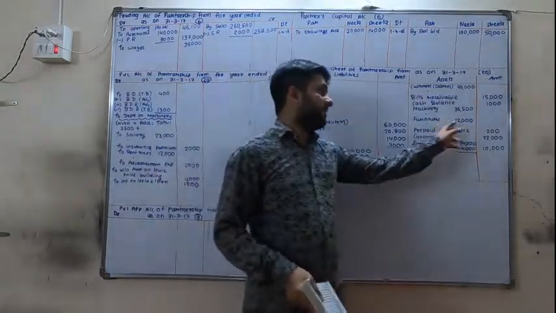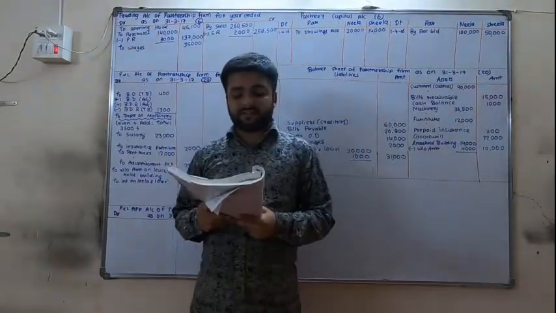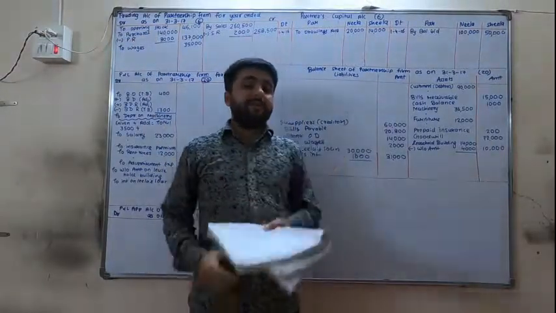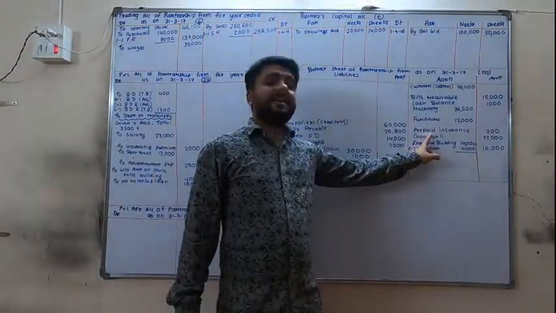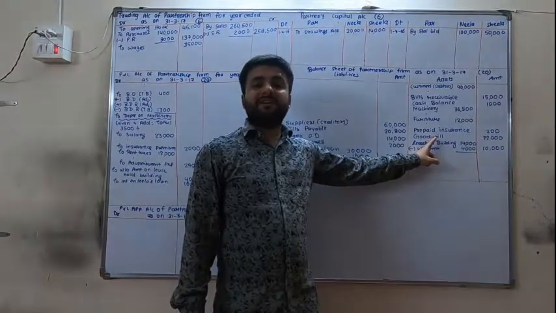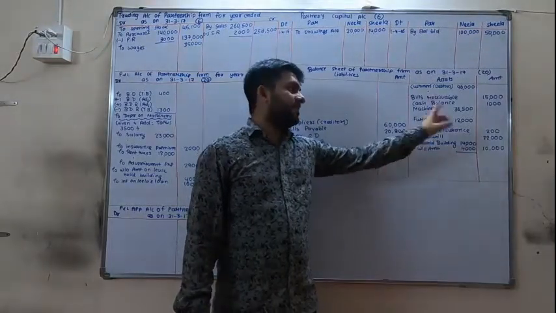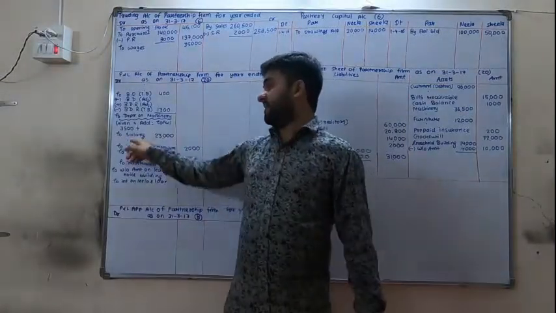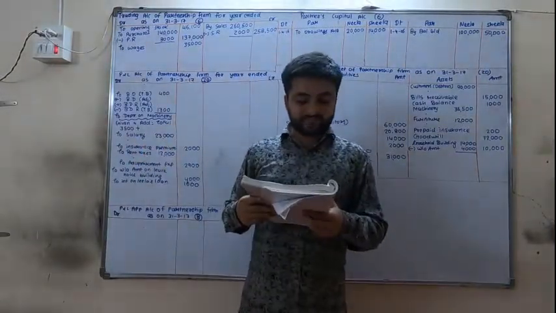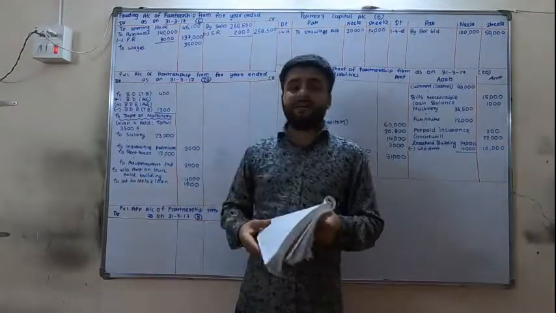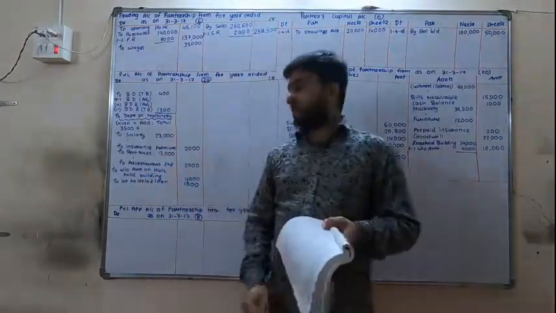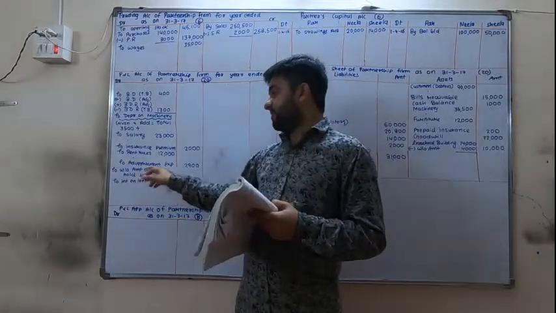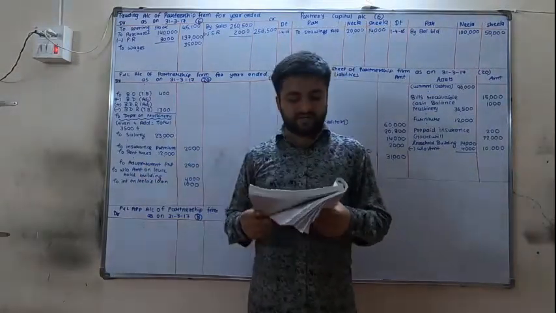Furniture is our asset, so again on the asset side, in the inner column, it has an adjustment. Opening stock is on the debit side of the trading account. Prepaid insurance, see only the balance, because it is prepaid, outstanding, receivable. Debit balance means asset, credit balance means liability. Salary, P&L debit, leaving one line. Insurance premium expense here, directly outside. Rent and taxes expense here, having adjustment, leaving one line. Advertisement expense is directly shown here, no adjustment.